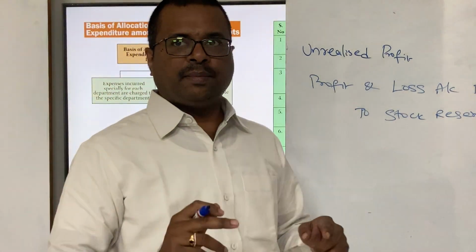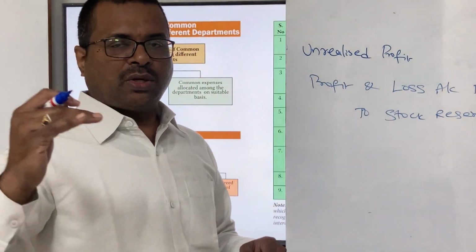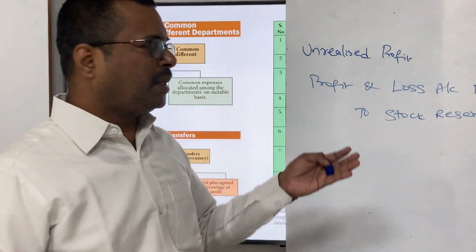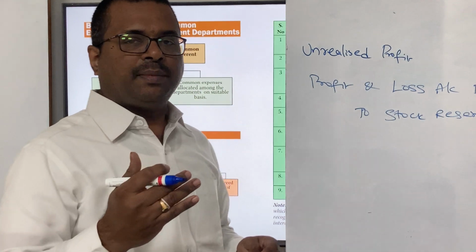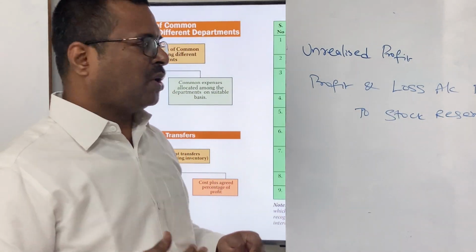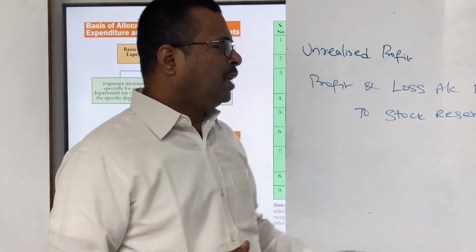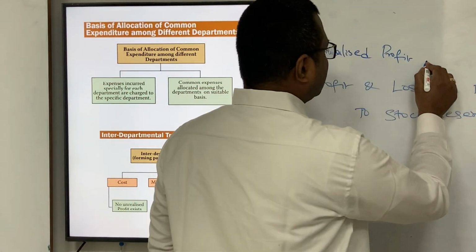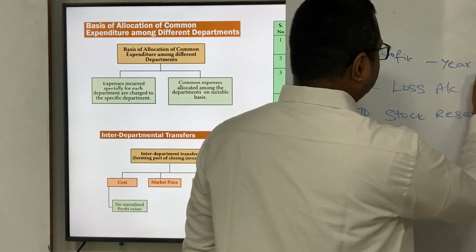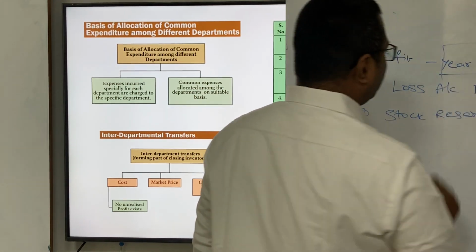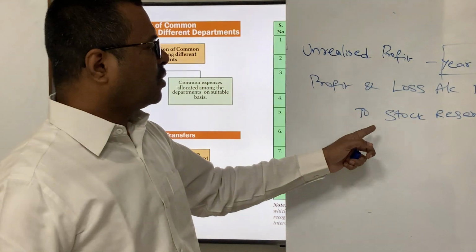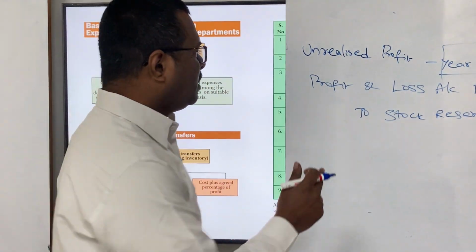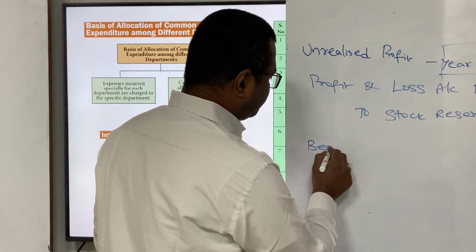See, we said profit element is included in the stock. Closing stock is shown on the credit side. So you have to debit profit and loss account to reduce the element of profit in the closing stock and take it to stock reserve. So this 15 rupees will be reduced from the closing stock at the year end and taken to stock reserve. Then at the beginning of the next year,